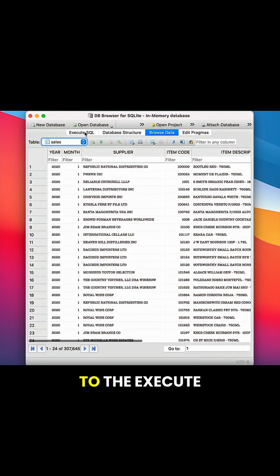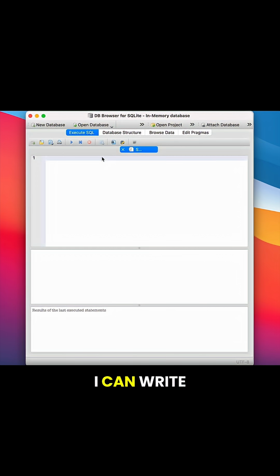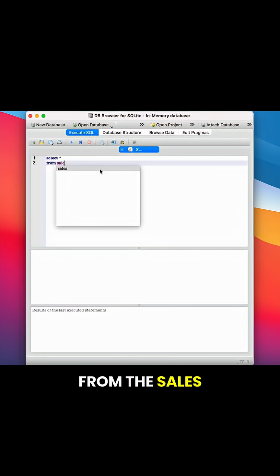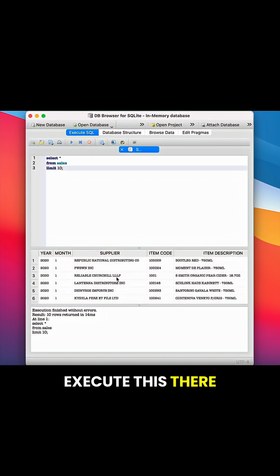Now, when I come over to the Execute SQL tab, I can write a very simple SQL query to select all of the columns from the sales table, and I'll limit my results to only the top 10 rows. And when I execute this, there is my data. All right, so you have successfully set up your coding environment and now you're ready to